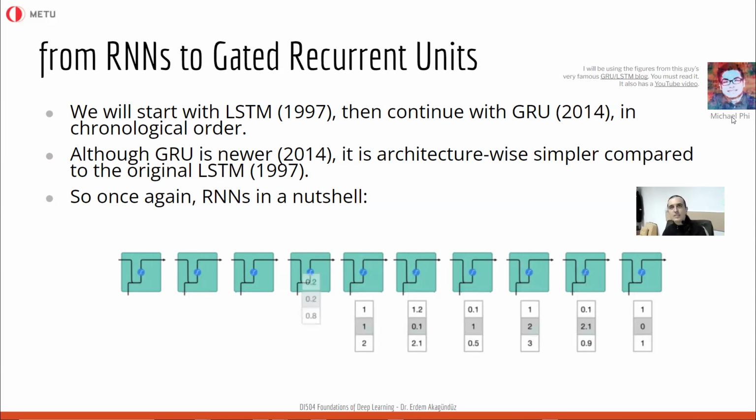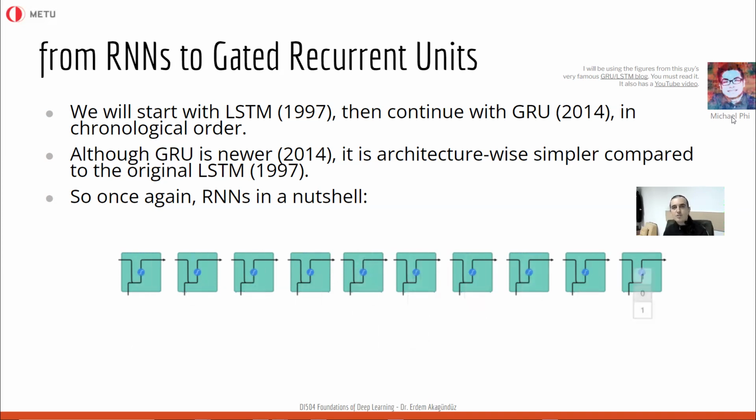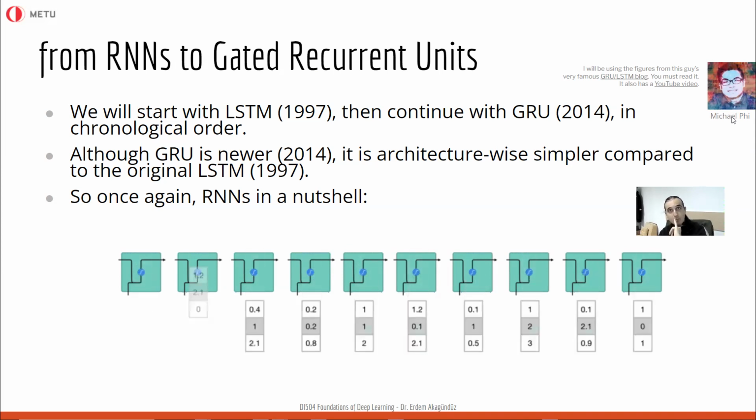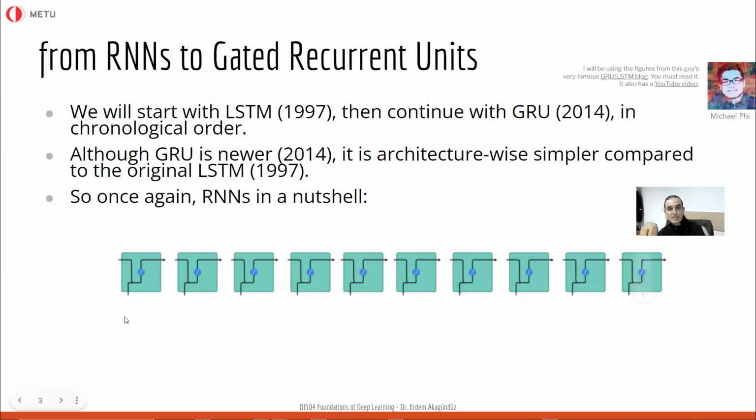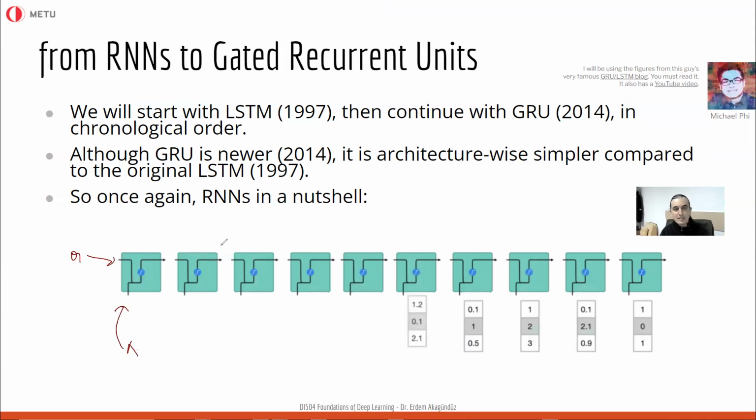So the thing that we've seen in the previous week was a recurrent neural network. In a recurrent neural network, we have an input, and we also have the hidden states as inputs. If you remember the figure, that figure can be depicted this way as well. So imagine this is the input X coming in, and these are the hidden states.